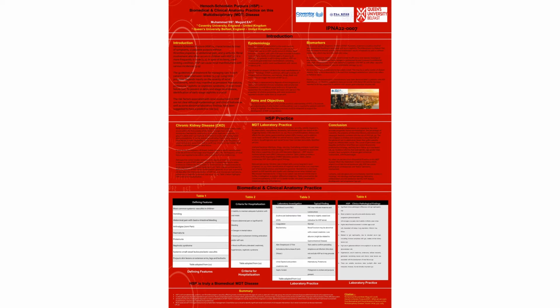Although it is generally a self-limiting condition, Henoch-Schönlein Purpura can cause, as I mentioned at the beginning, abdominal pain. That abdominal pain can be linked to what is known as acute gastrointestinal manifestations, and that means there could be